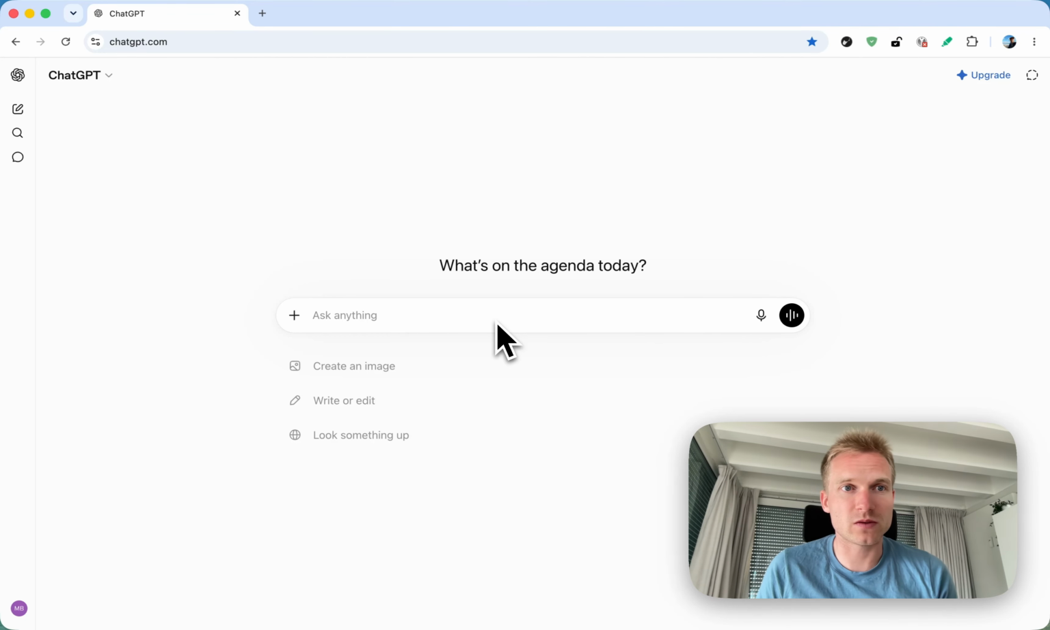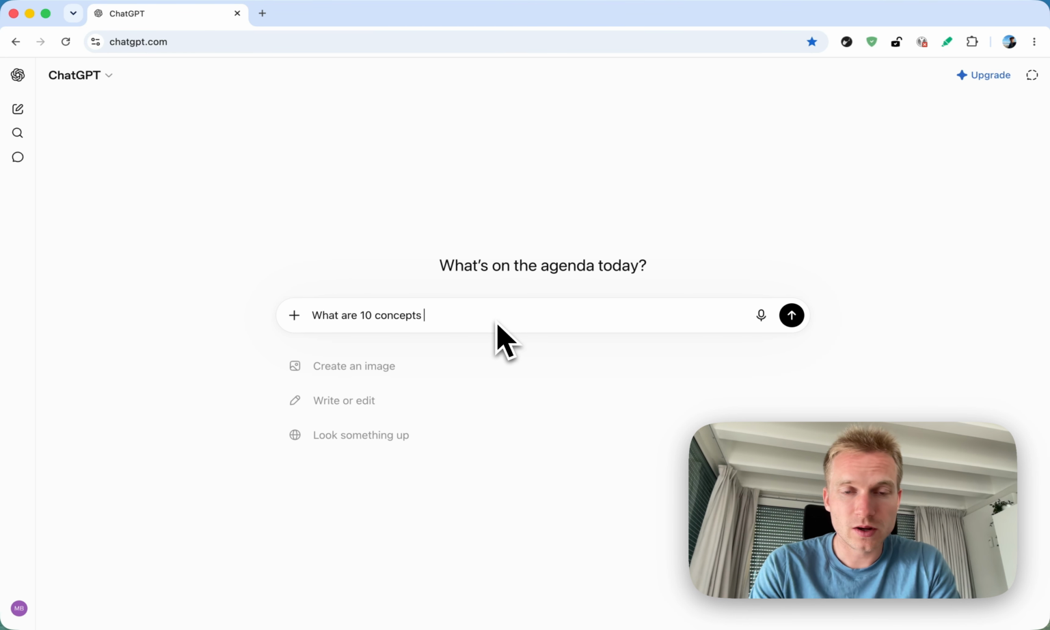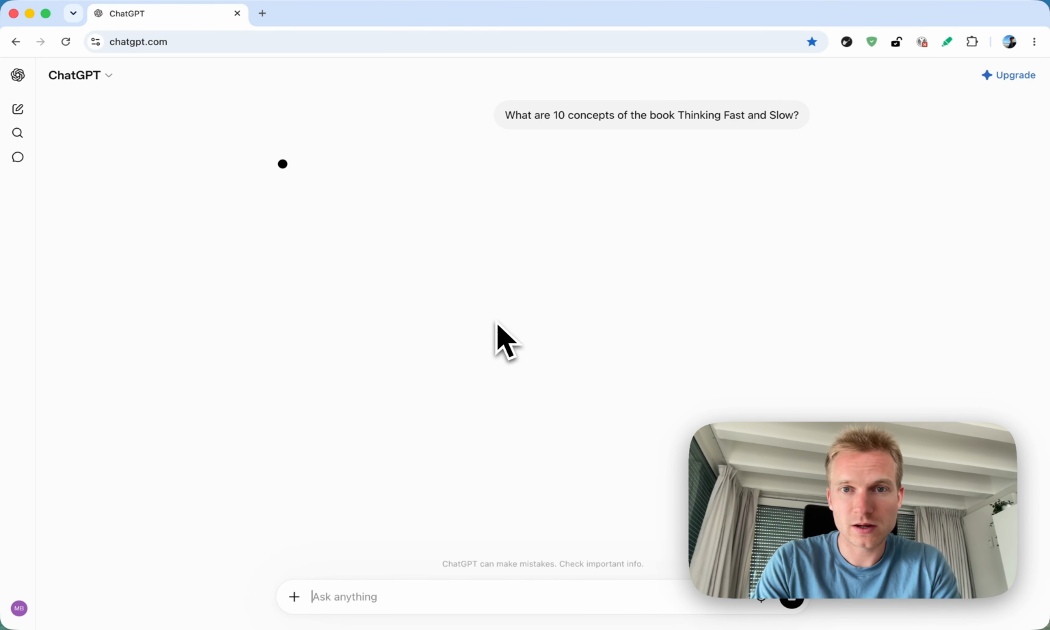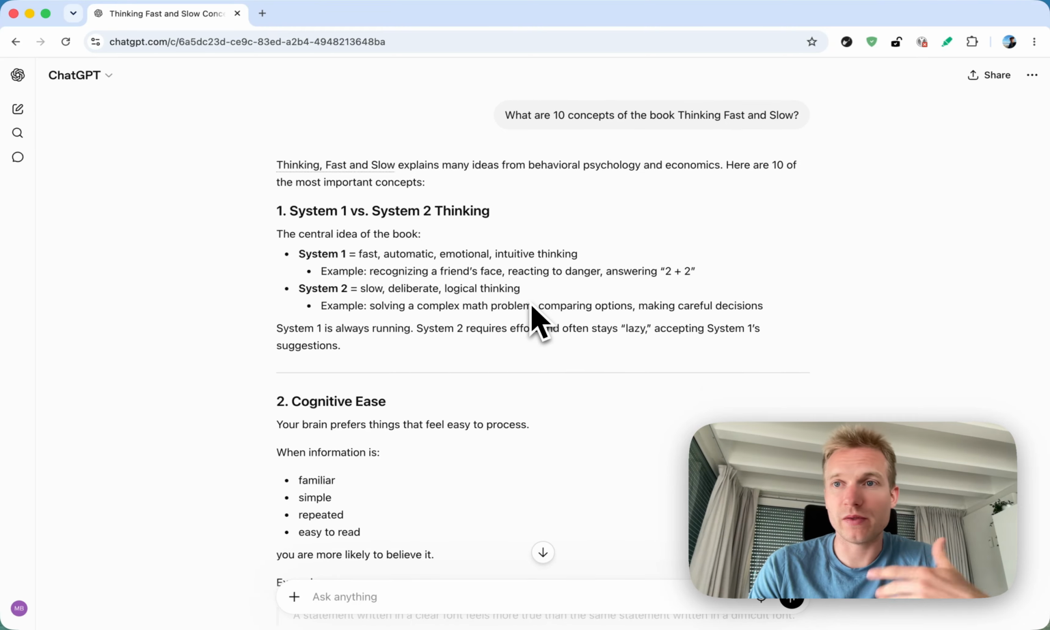For example, I read a book. So let's say, what are 10 concepts of the book Thinking Fast and Slow, which I recently read, can just recommend it. And ChatGPT gives us a big answer. We can scan it, but most likely we forget most of it. But if we say, hey, this is worth remembering, this conversation here now, we can use Web Highlights to generate